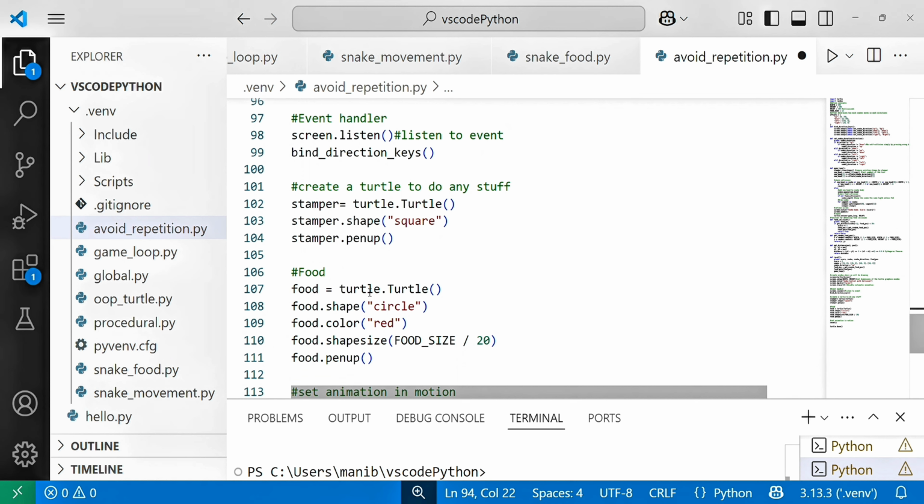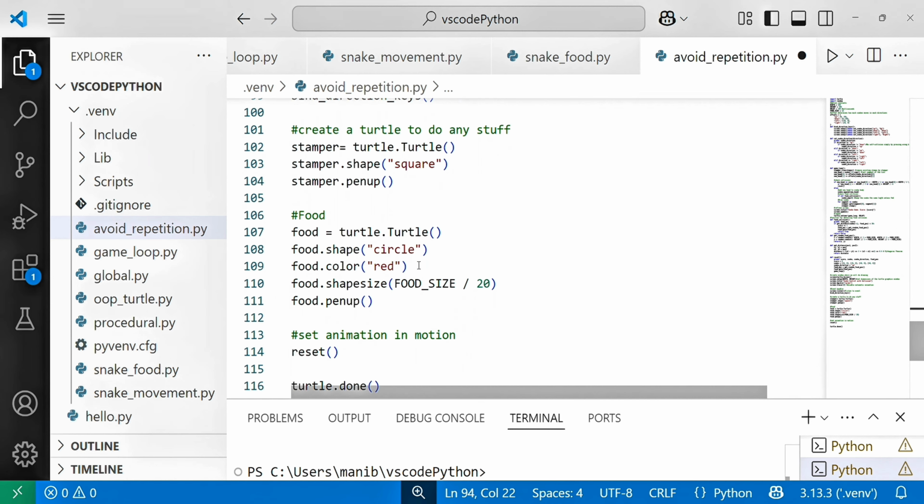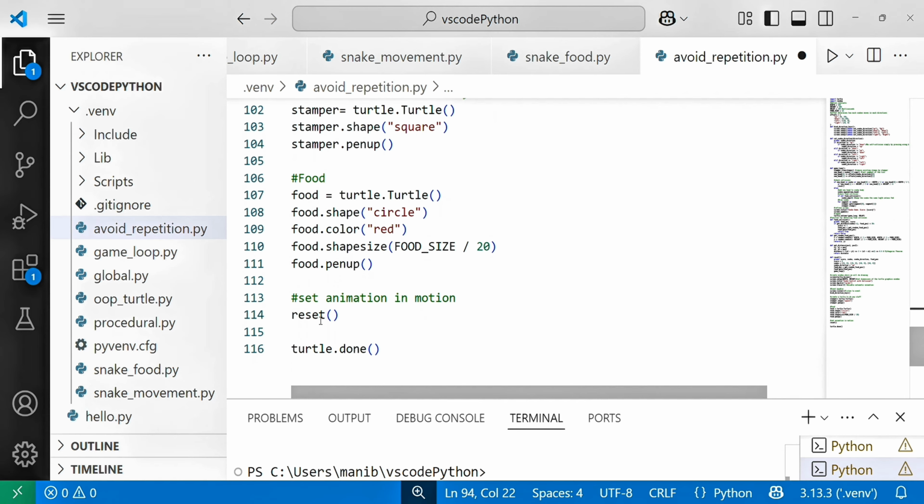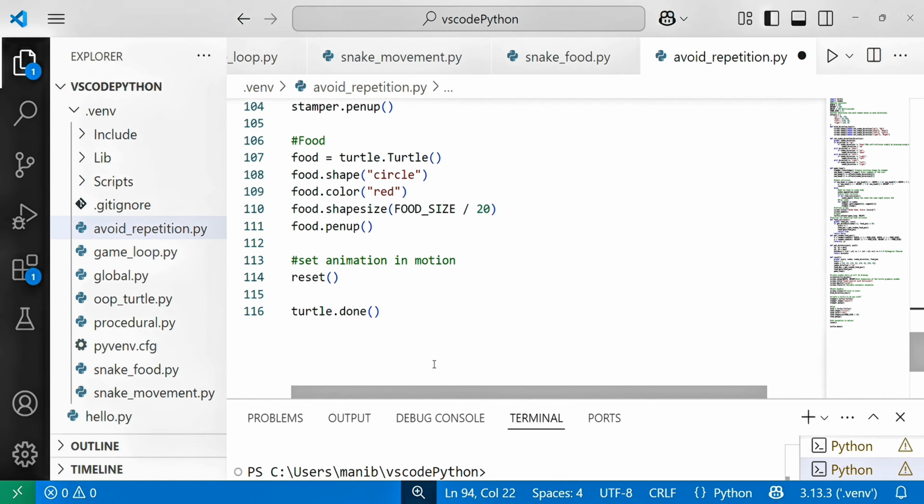And food turtle.Turtle, and food.shape is equal to circle, and food.color I have taken red. Food.shapesize, food size divided by 20, so that it should be smaller. And food.penup. And reset function we are calling, set animation in motion, turtle.done.